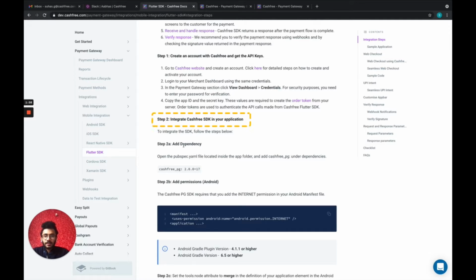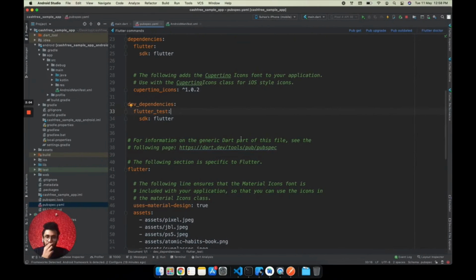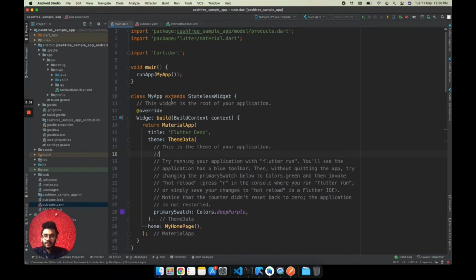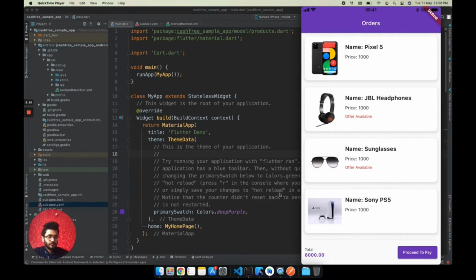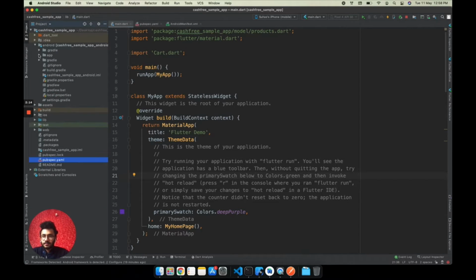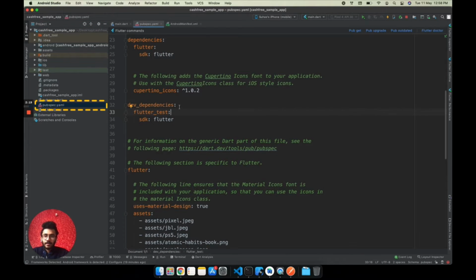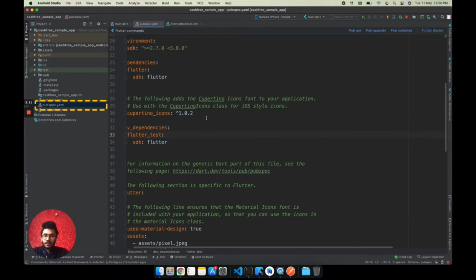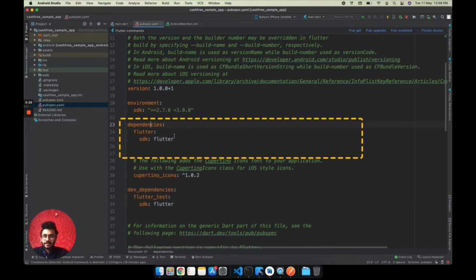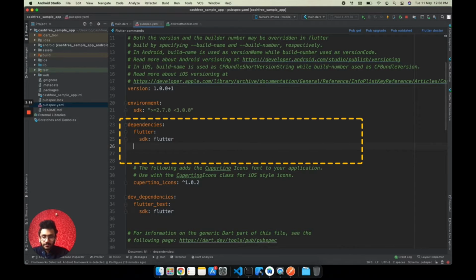To do that, you have to add this dependency. So copy this. Open your application. So this is the sample application that we have created. Open your pubspec.yaml file. Go to dependencies and paste it over here.